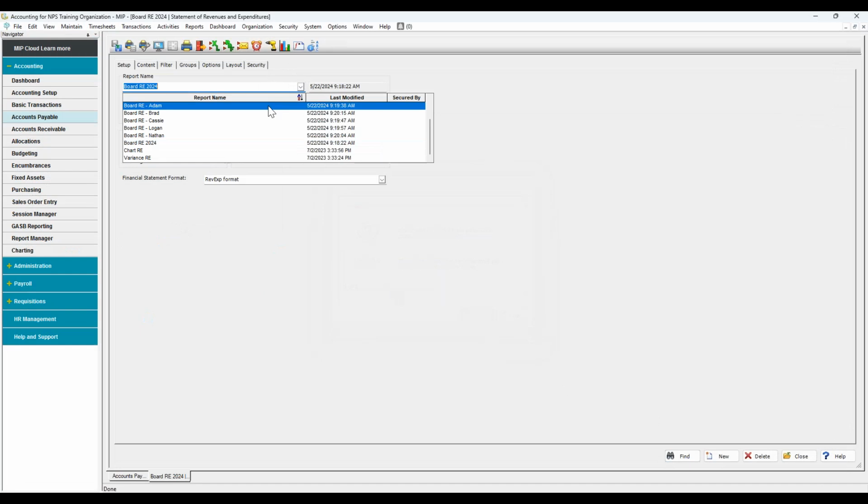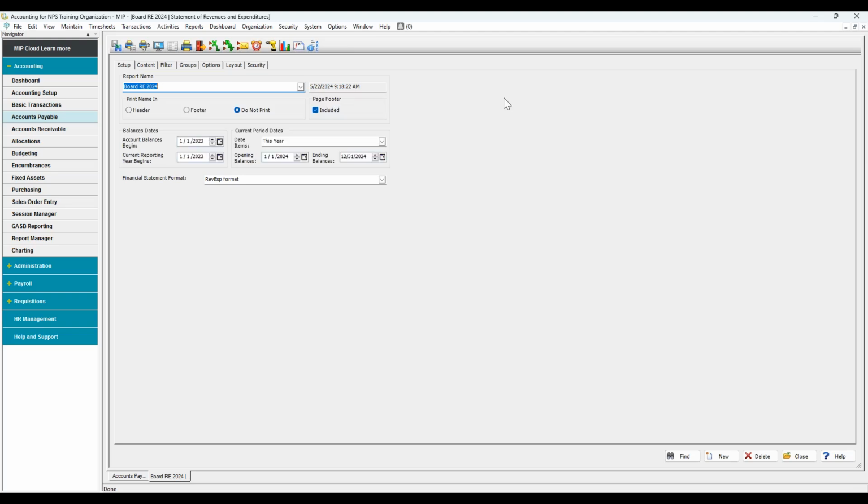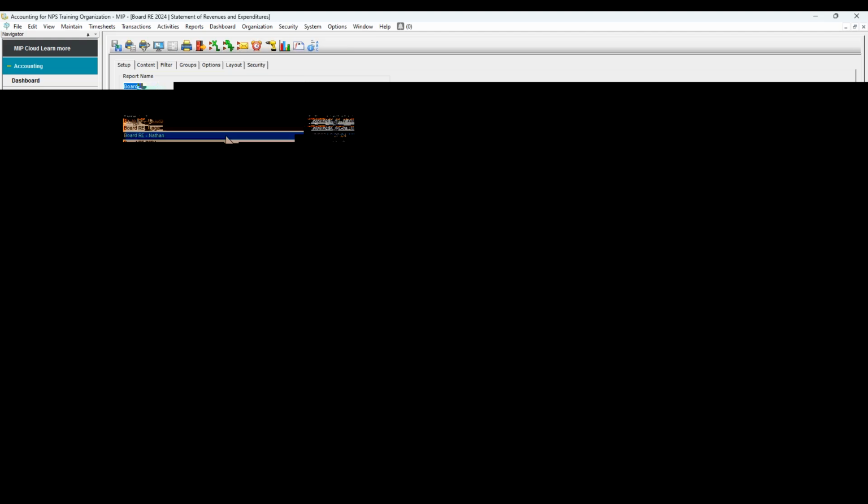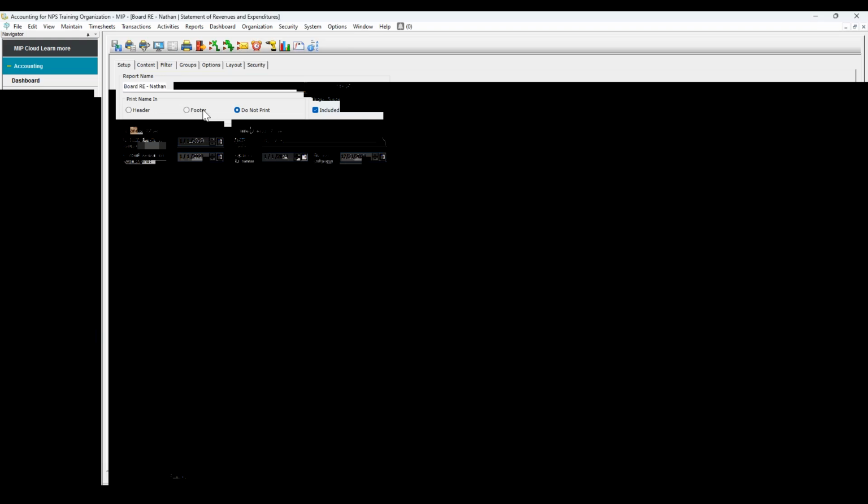All right. I do understand those reports with names on the end. So maybe you as a user have a way that you run your report different from Brad, Cassie, Logan. That's fine. But if there are employees who are no longer with the company, again, I would probably remove those unless you think there's a reason to keep them around. Even so, if it has the name of a person who's no longer with the company, what I might do is you might come out here and say